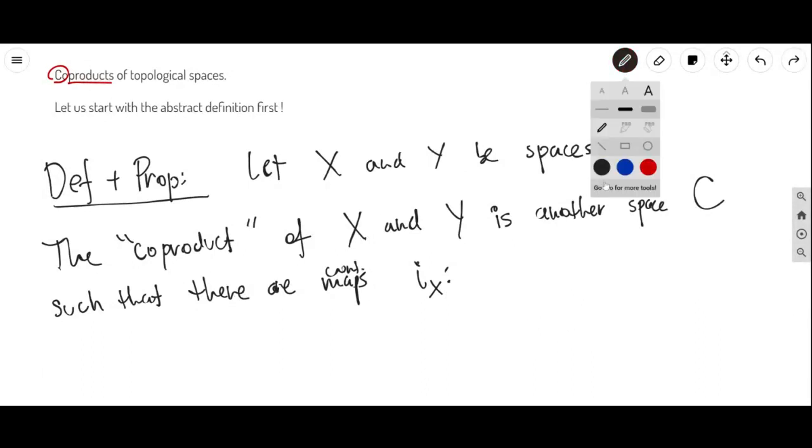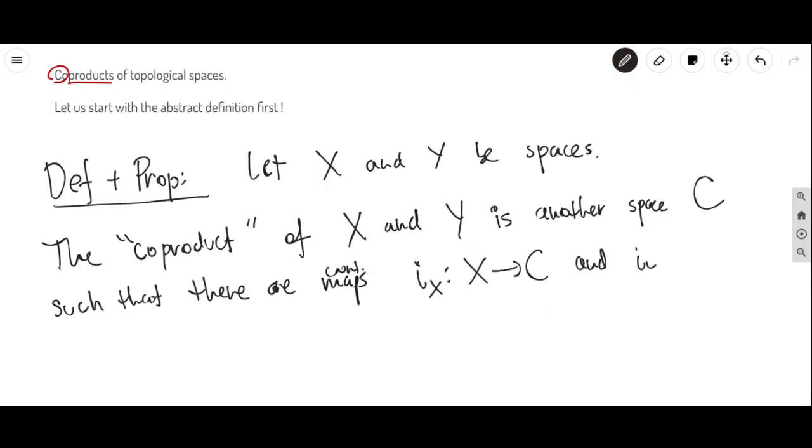Coproduct. So here it's going to go like this. You're mapping X into C, and you're mapping Y into C. And this is universal. This is the optimal way to do that. This is universal. In other words, if there is